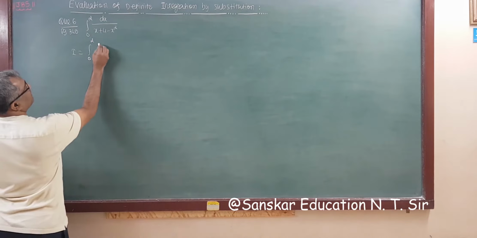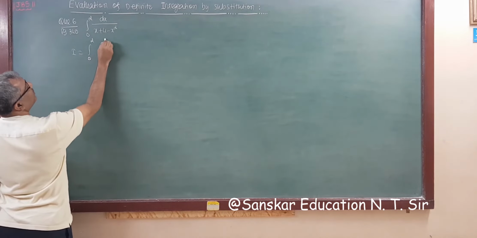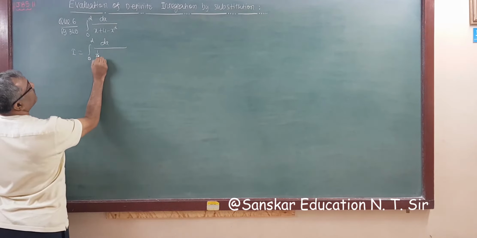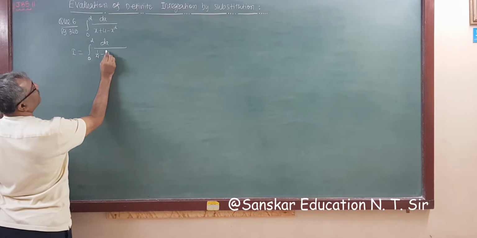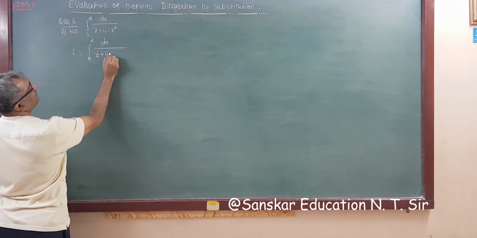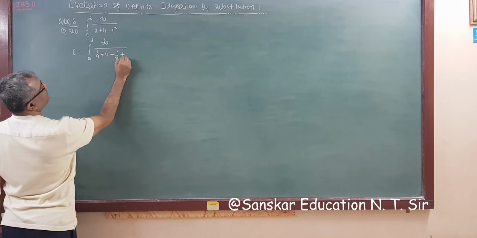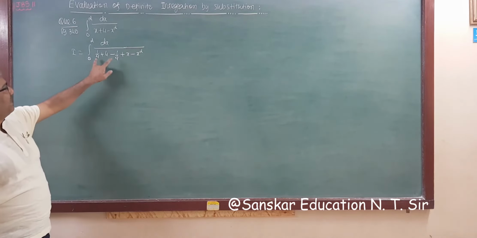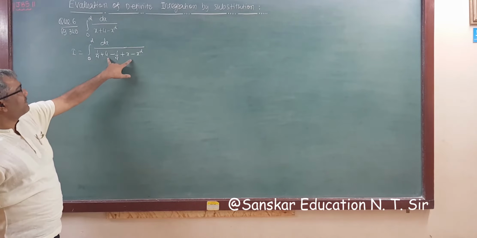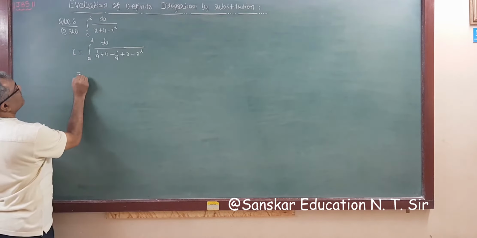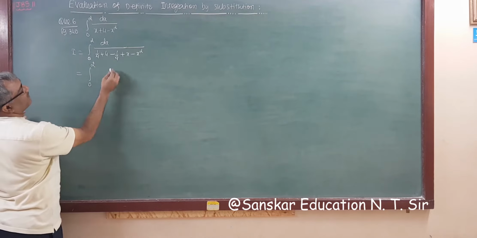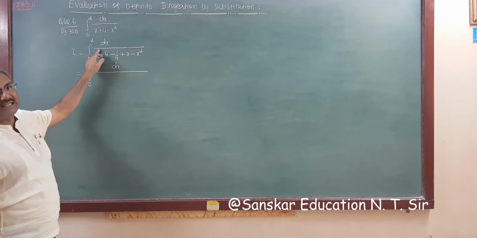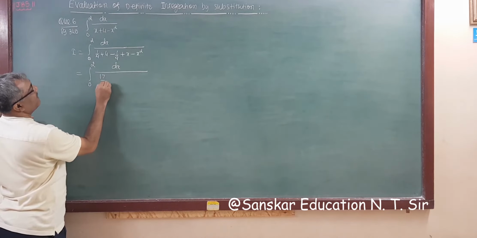I hope you are able to read my writing, right? So adding 1 upon 4 and subtracting 1 upon 4. Before that, the minus 1 upon 4 is already there, plus x minus x square. Adding 1 upon 4 and subtracting, otherwise all steps are as it is. So now this is the integral from 0 to 2, dx whole upon, 4 into 4, 16 plus 1, 17. So this is 17 by 4.